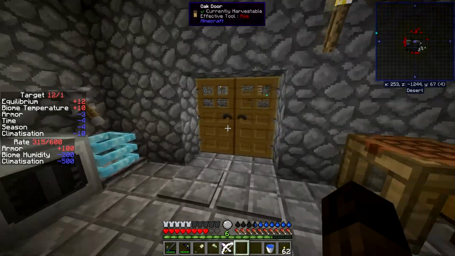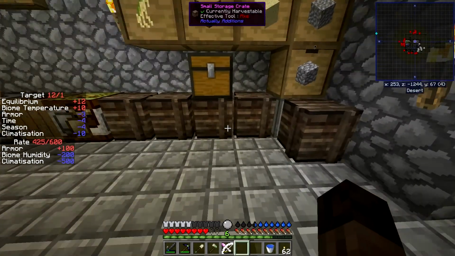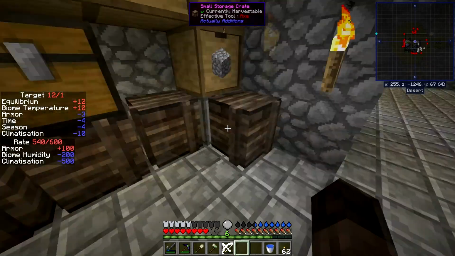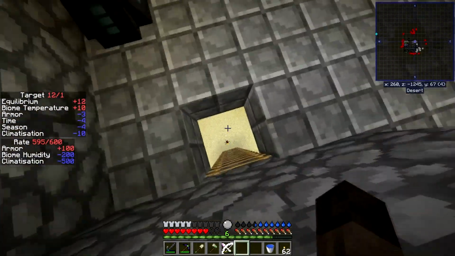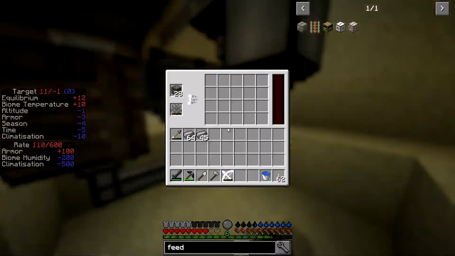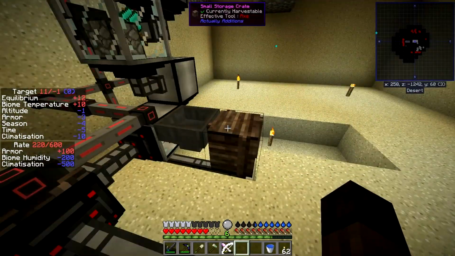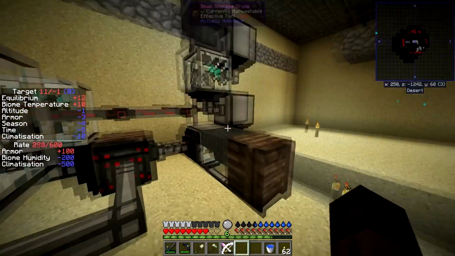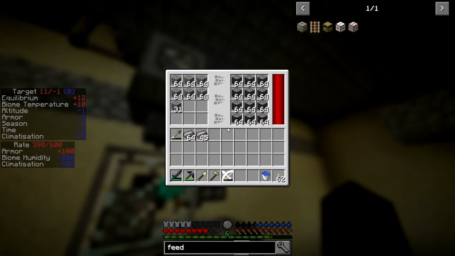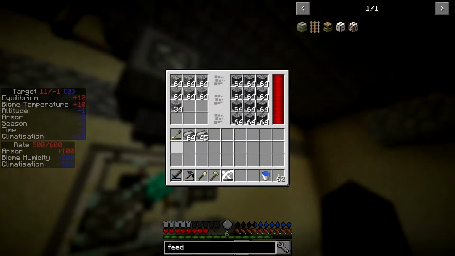So, what I wanted to do today is I think we're going to try and finish up our automatic dust processing stuff. So we've currently got, we're currently processing compressed gravel. And I'd like to upgrade that so that we're doing sand and dust as well today. Which means we're going to need to think about how we're going to do this. So that's full, so we could probably...